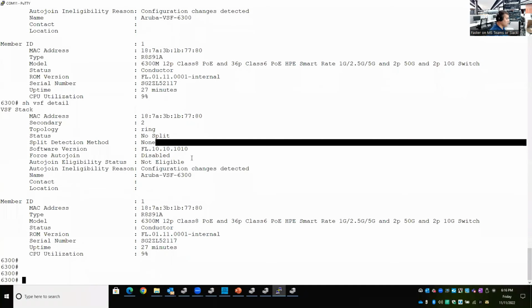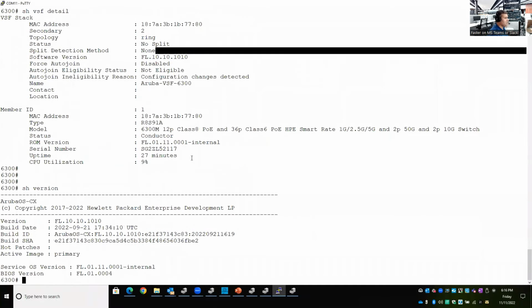So now I hope you are able to see the Aruba 6300, which is loaded with 10.10. That means we have done almost 11 releases on AOS-CX, which is a modern operating system with a high quality deliverable for our customers, all the way from the campus, the branch, and the same operating system you use in the data center. It is not just an operating system which is scalable for the branch or for the campus. We built an operating system which is scalable across the enterprise, which is the biggest thing, if you ask me,